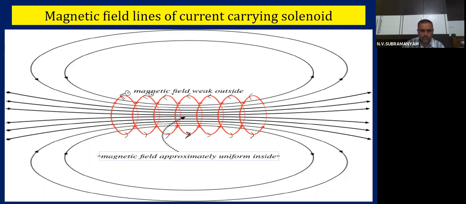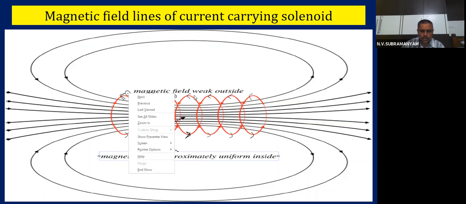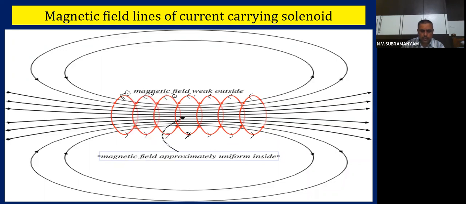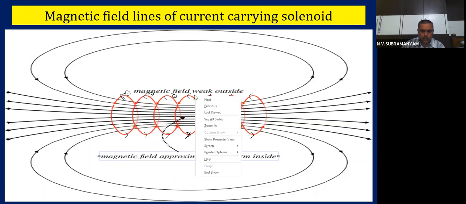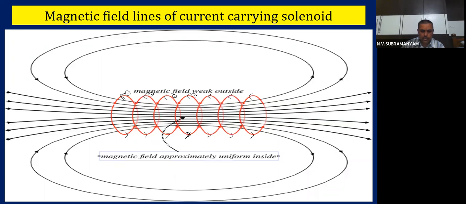Now you tell me, all of you. Here also it is outside, right? Now once again I will show. Here also it is dot. Here also it is dot. Here also it is dot. I am putting dot means current is coming outside like this.